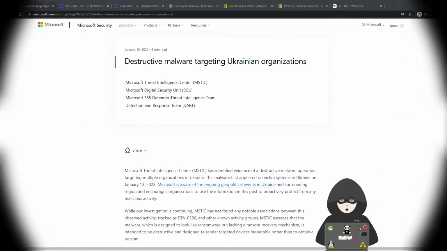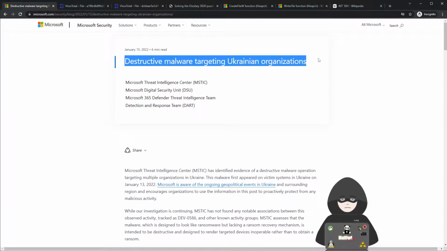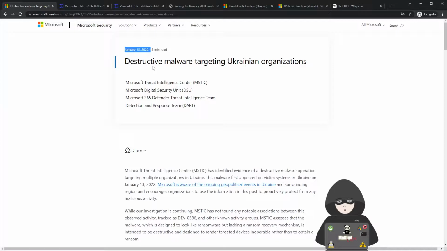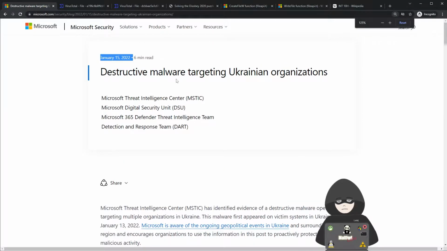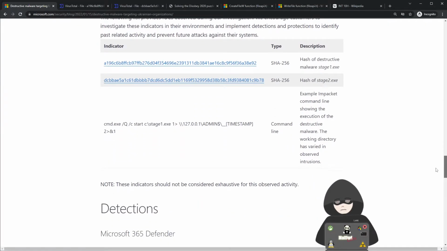Alright, so we will start our investigation by looking at the sample from this Microsoft report from January 15, 2022. This report actually tells you what the samples are doing, etc. So I will link it in the description below. You can read it, but I'm not gonna spoil it for now. So I will just dive into the bottom, and I will also